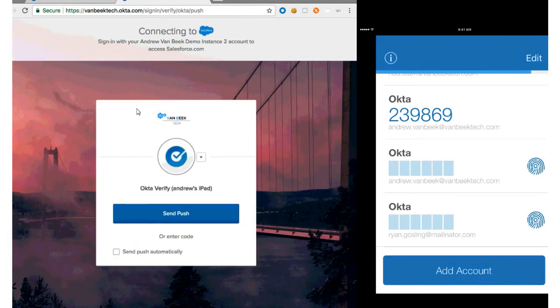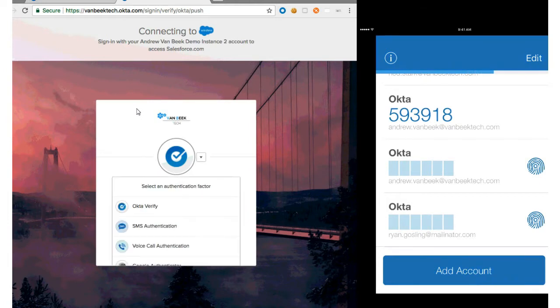Another option too is simply engaging a multi-factor policy. So one thing I want us to take note of is already we saw G Suite. I was able to log in seamlessly. Workday, I'm not able to log in at all due to security posturing. And now Salesforce is sort of in the middle of that spectrum. I'm able to authenticate, but only if I can prove that I am who I say I am through a